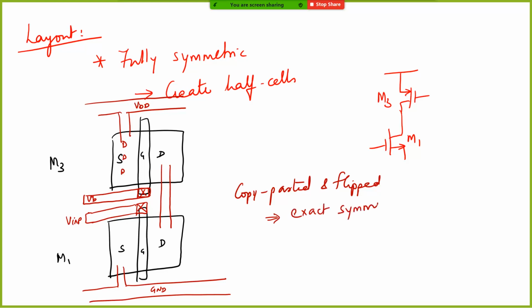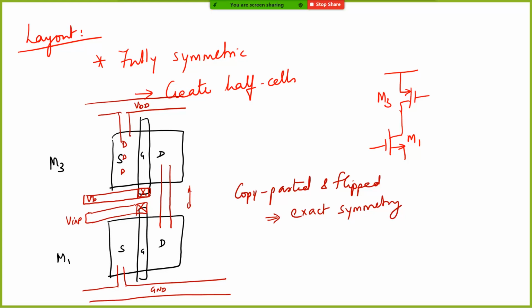symmetry. Because no matter how careful you are, if you try to make things symmetric, you can still have, maybe let's say the width of this line becomes a little wider. Maybe the distance between these two transistors can be slightly more, slightly less. All those human errors can happen. So which is why the best way to do differential amplifier layout is to create a half cell, and